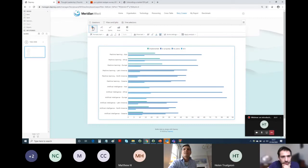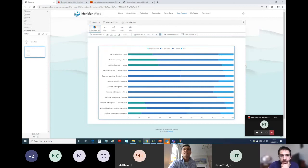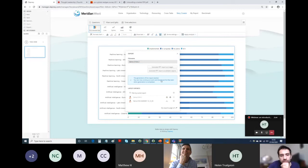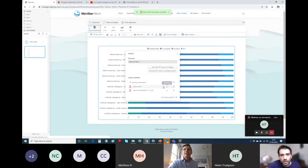That's a bit funky, so let's change the chart type. And you can have all kinds of charts within this tool as well. Probably the most sensible way to represent this would be a stacked bar, which we like very much in Meridian West. So now we have the chart here. We just have to export it. Then there's an option here, generate PowerPoint report as editable objects. This is something that we find very useful and our clients find very useful because it sends the underlying data with it as well, which is always very useful. So rather than showing a static image,